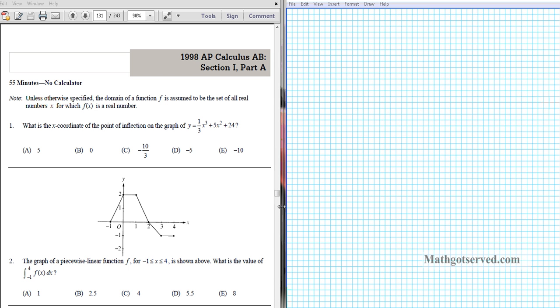All right, so let's take a look at question number 1. It says, what is the x-coordinate of the point of inflection of the graph y equals 1/3 x cubed plus